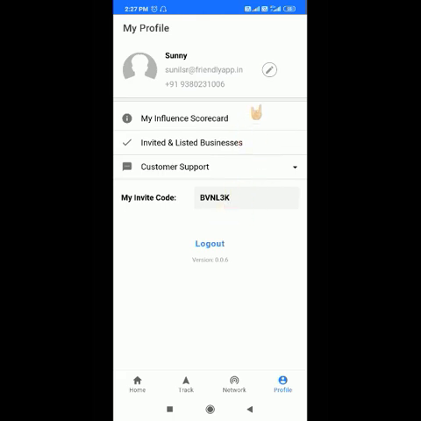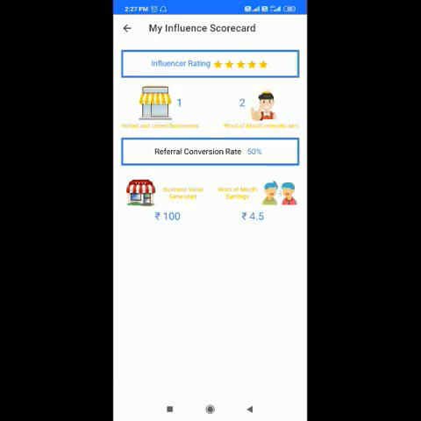And as usual, you can also see your influencer scorecard by seeing your influencer rating, how many businesses you have onboarded, how many word of mouth referrals you have sent, how much business you have generated, and out of that how much you have earned from the DoFriendly app.